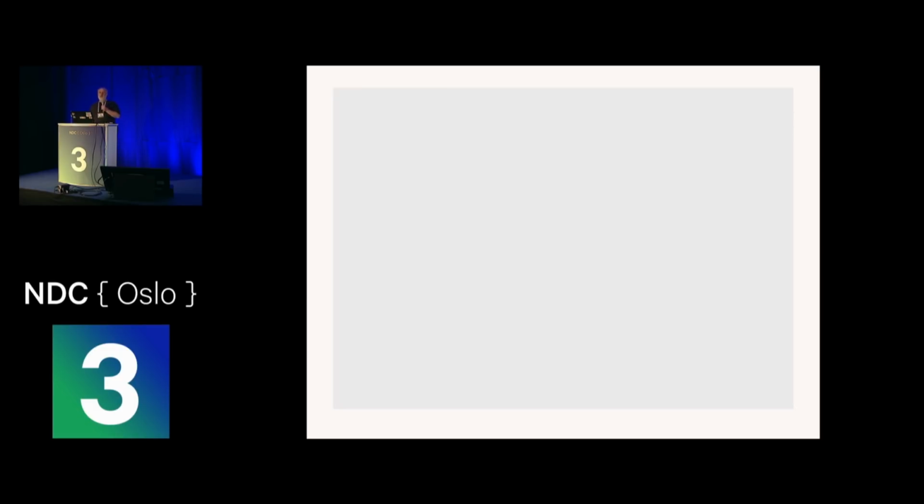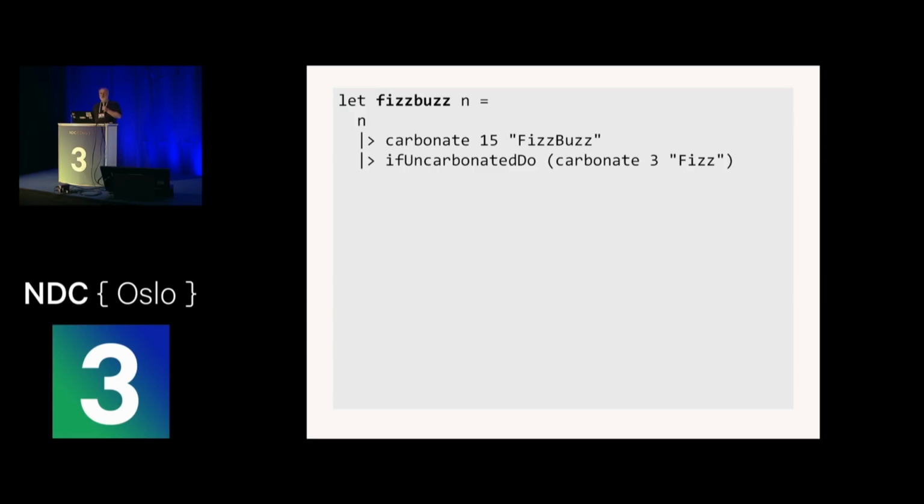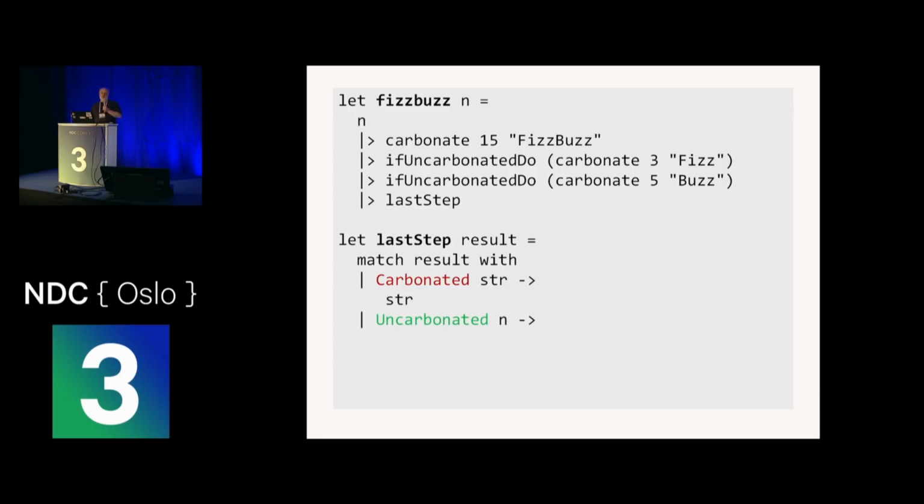Now, with this if uncarbonated do function, our code is actually a lot simpler, because we start with carbonated by 15. If it's uncarbonated, we use the carbonate function with the next one. If it's still uncarbonated, we do the next one. And if it's still uncarbonated, we do the last step, which is slightly different because we have to do some special case with the carbonate. But otherwise, we can keep chaining these steps over and over and over again. So this code is a lot cleaner. It's a lot more linear. Now, obviously, this if uncarbonated do is a really weird way of doing FizzBuzz,